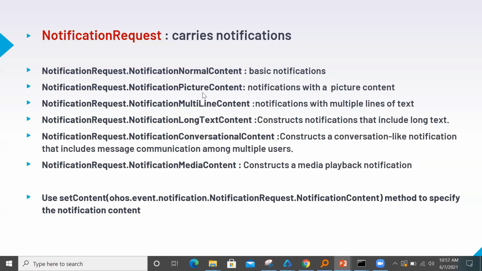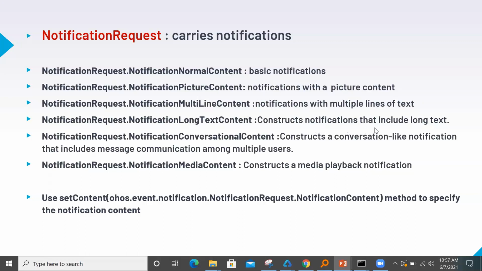A picture content has a notification along with the picture, like in WhatsApp when you receive an image. Multi-line content means notifications with multiple lines of text, where up to a maximum of 7 lines will be displayed in the UI.